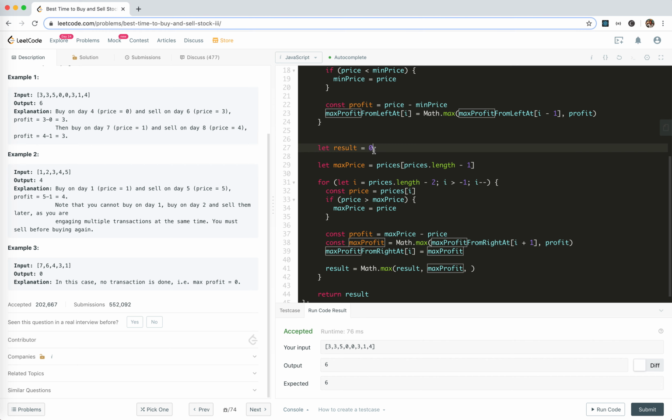So the result, actually, we should set it to the maximum left at prices length - 1, which is this part. And then we should end here, start from this. So i should be 1. Of course, it's still nothing. Yeah, we could start from -2. Okay, this is what we